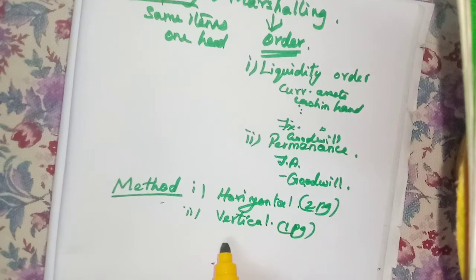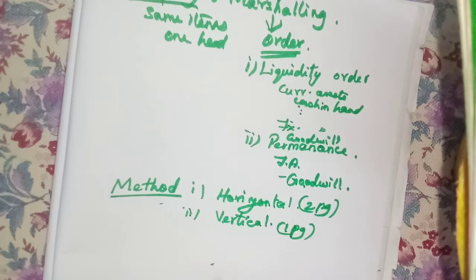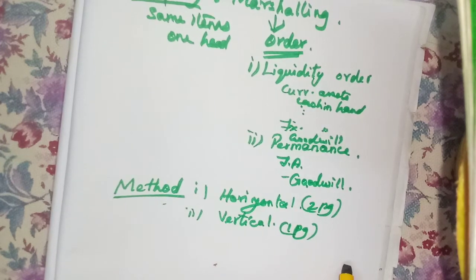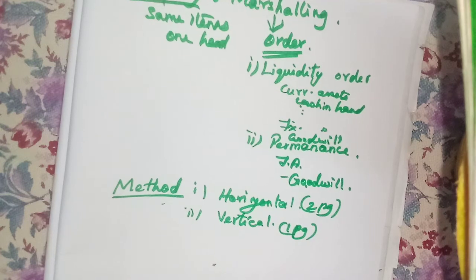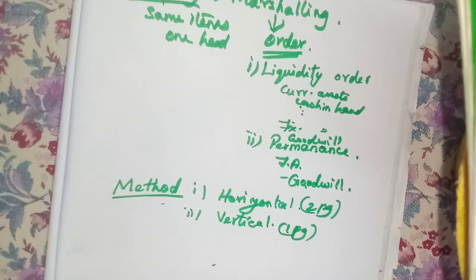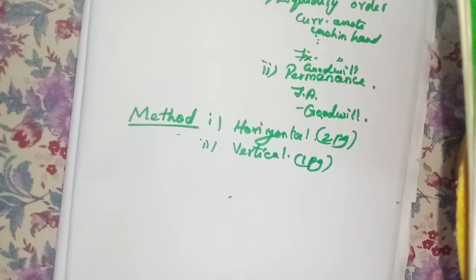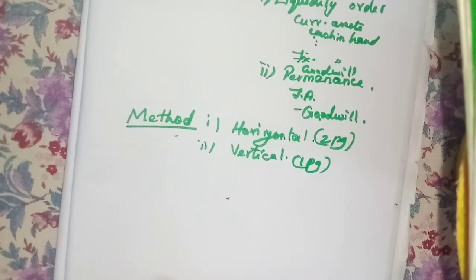Here, first they will write the current assets, then they will write the total current assets. Two columns will be there, and the total current assets will be in the second column. Then current liabilities, and then they will write the total current liabilities. Then add long-term investment. Then they will write the fixed assets, then the total fixed assets. In that way they will write it on one page.